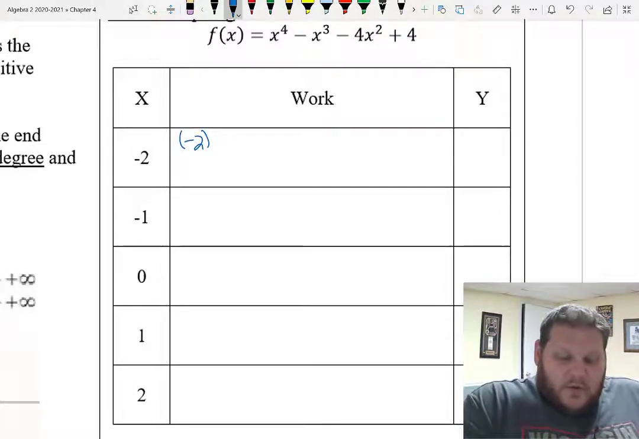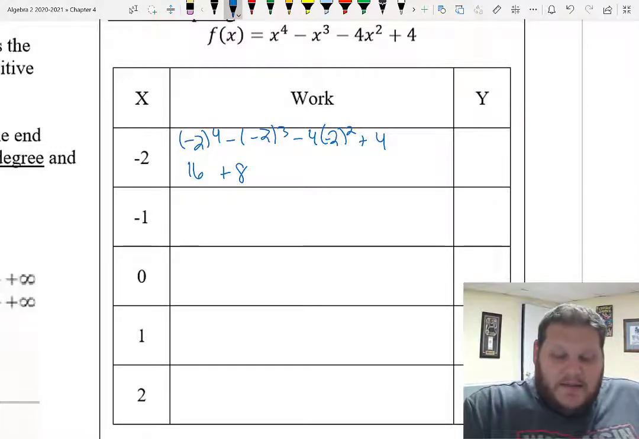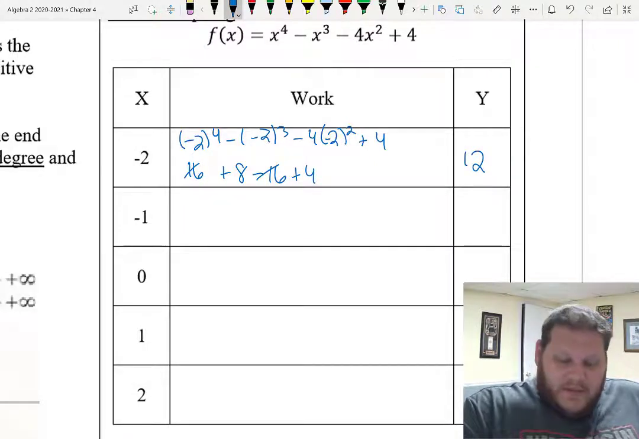So -2 to the 4th minus -2 to the 3rd minus 4 times -2 squared plus 4. Well, that gives me 16 plus 8, because -2 cubed is -8, and subtracting -8 is +8. -2 squared is 4, times 4 is 16, so -16. And then we've got +4, so those cancel each other out. So I've got 12 for my y value: -2, 12. Continuing through,